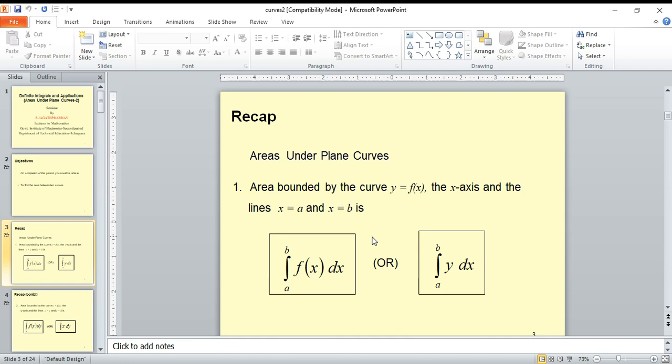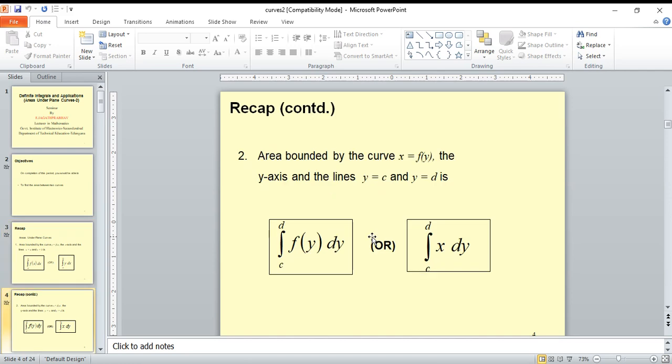The area bounded by the curve y equal to f of x, the x-axis and the lines x equal to a and x equal to b is integration a to b y dx, or integration a to b f of x dx. And the second one is